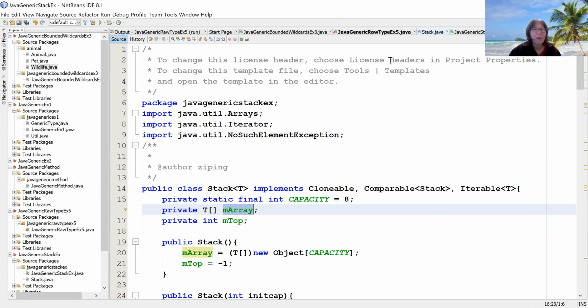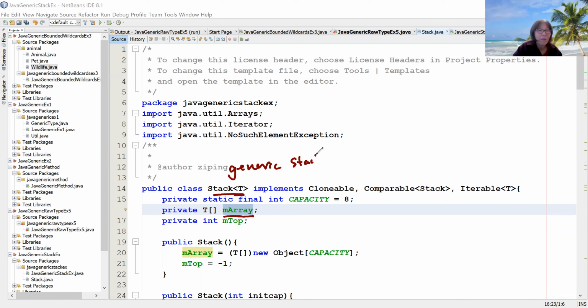That's not convenient when you want to use different types of stacks in your program. To make life easy, over here we re-implement our stack class using an array, but we do a generic